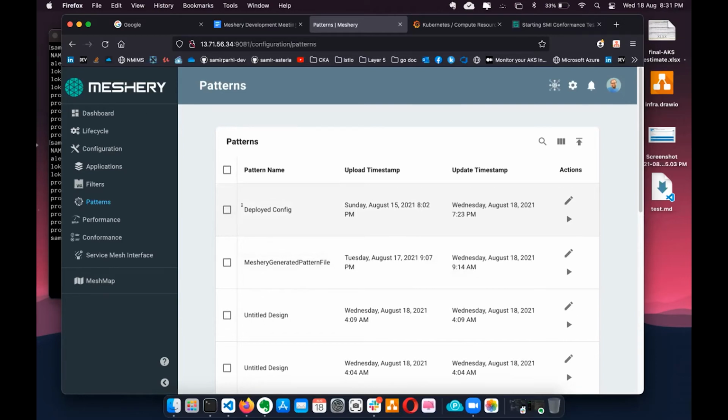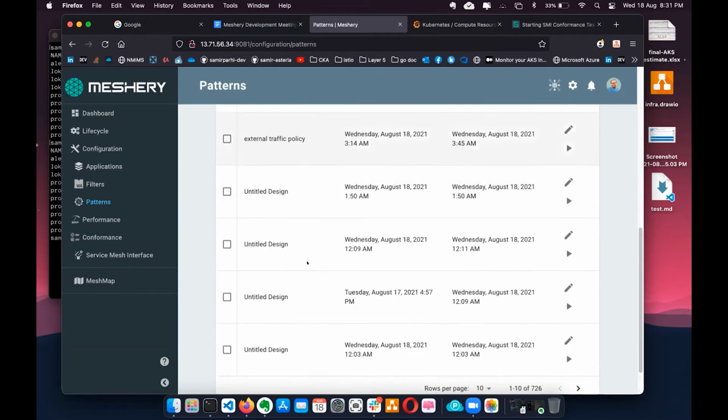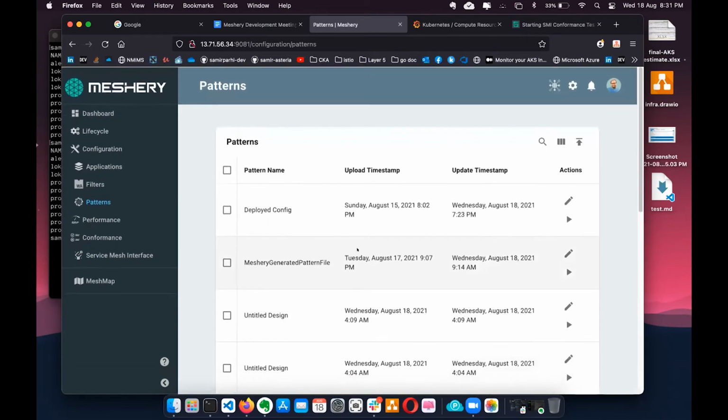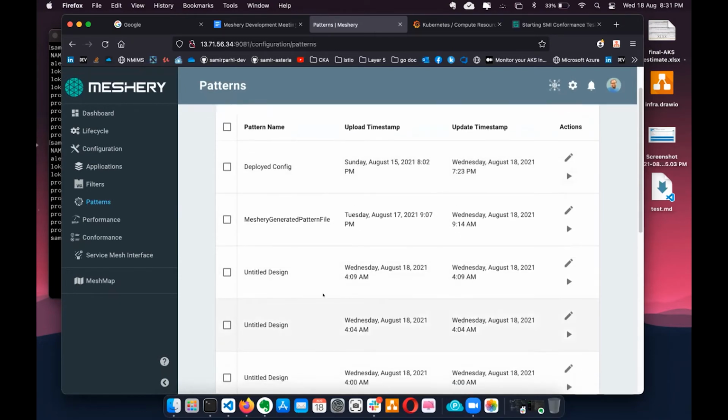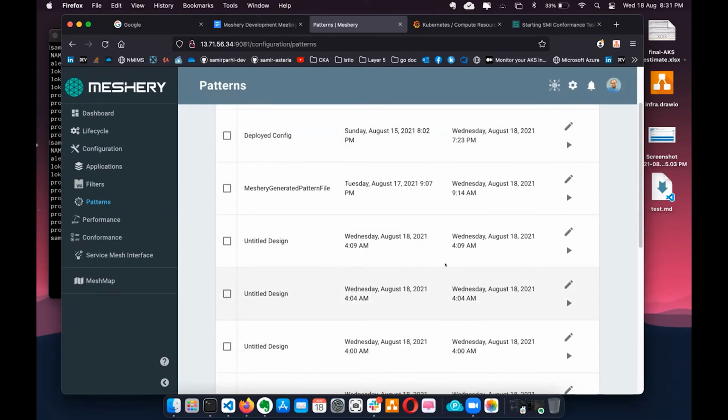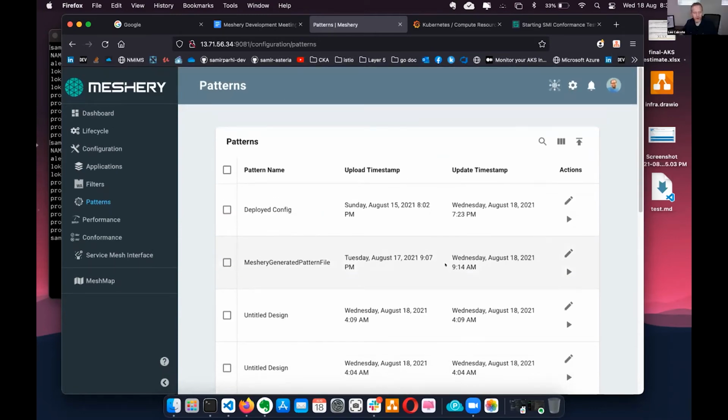Okay, and are these patterns specific to any of the service meshes, or are they independent? I have installed Istio, so are the pattern files being displayed here valid for all service meshes, or is it specific?